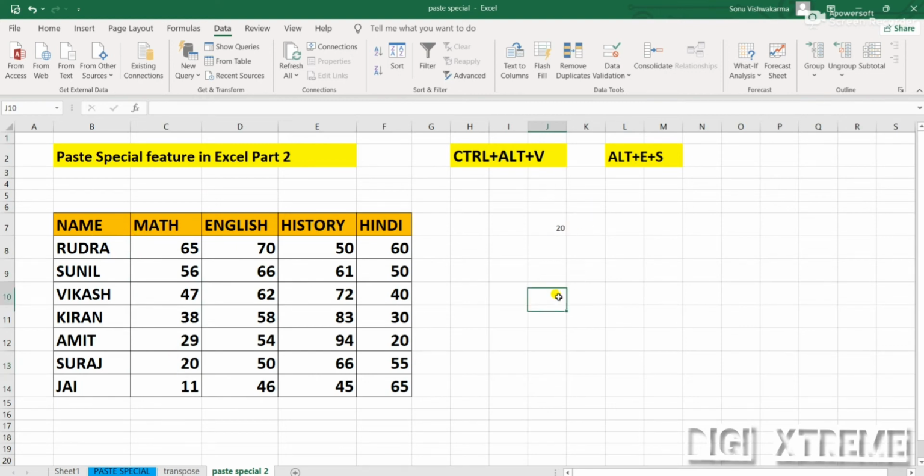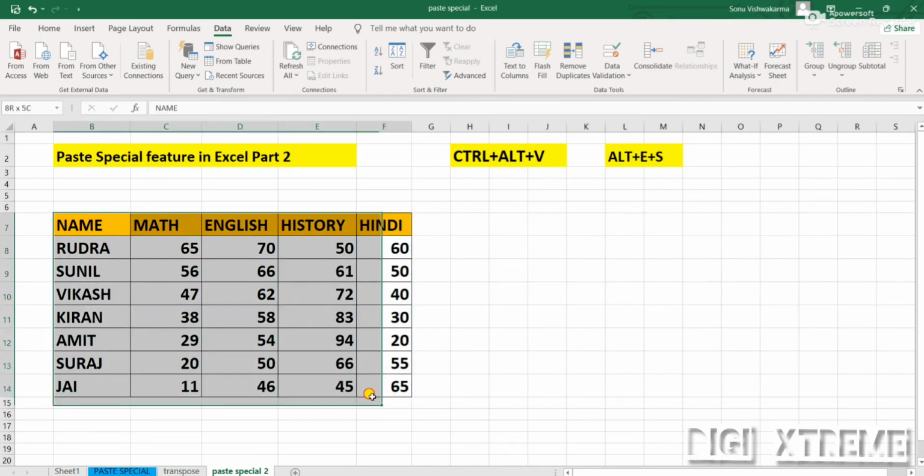Now let's see what happens. Let me copy this. We had applied validation over here. So we have copied this. Let me copy it again.